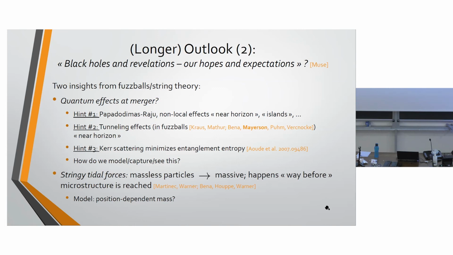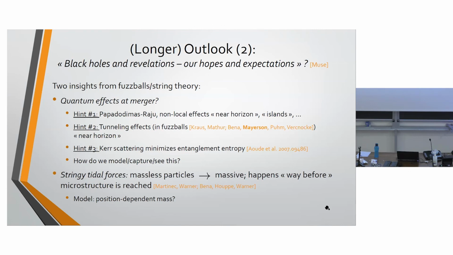entropy generated. So the way I interpreted this is to say that Kerr black holes are this very special extreme point in the scattering amplitude business, extreme point of this, let's say, quantum effects that go on, right? Entanglement entropy being a measure of this. And when you move away from this, when you look at deviations of Kerr, when you look at fuzzballs or whatever you want to look at, you will find that scattering of these guys will generate more